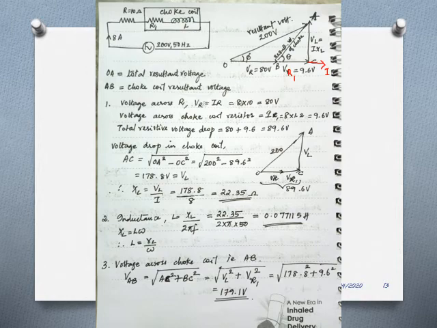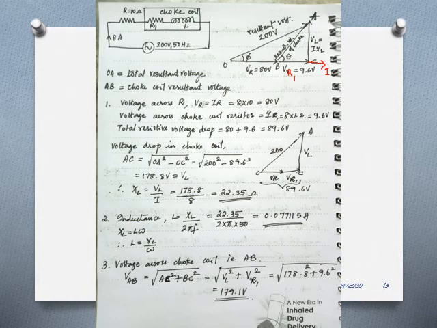We are having one side as AB, that is the resultant voltage of the choke coil. Now the voltage across the resistance 10 ohm, as I said earlier, will be in line with the current I. So I have drawn the voltage phasor in alignment with the current I, that is OB. Right now we are having the voltage across the resistor, OB, and the resultant voltage of the choke coil,